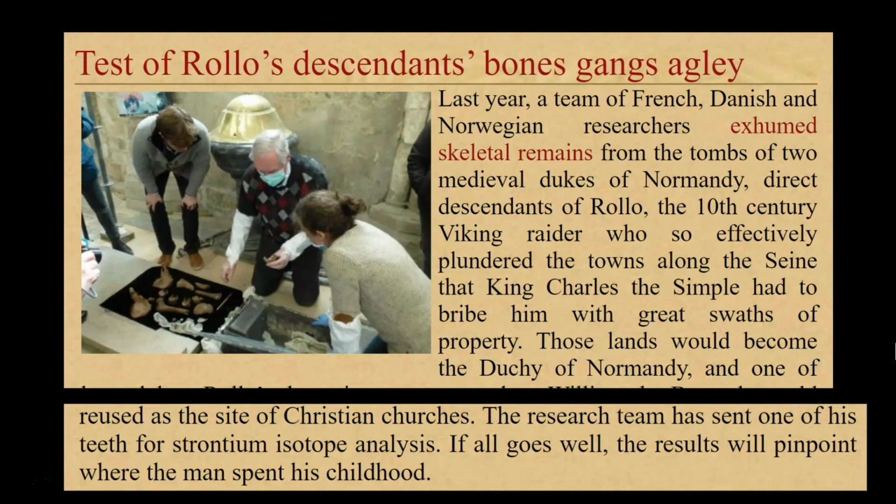And at the bottom, he says that one tooth had been sent out for strontium isotope analysis, whatever that is, and that the results could determine where the man had spent his childhood. Now, they're not really clear on whose bones were whose, and so I don't know if the jawbone is the 1,200 year before its time or the 200 year before its time skeleton,